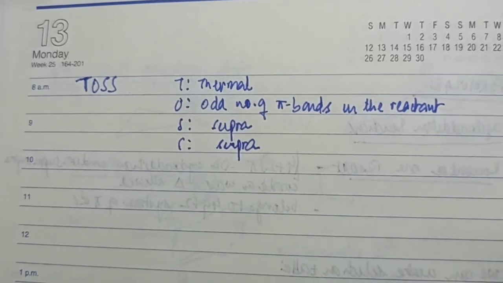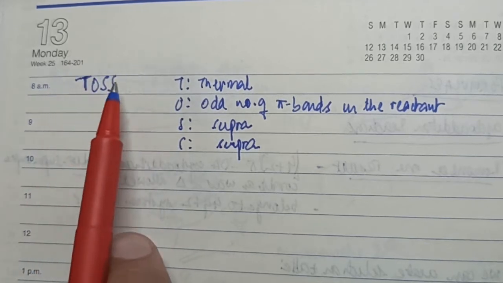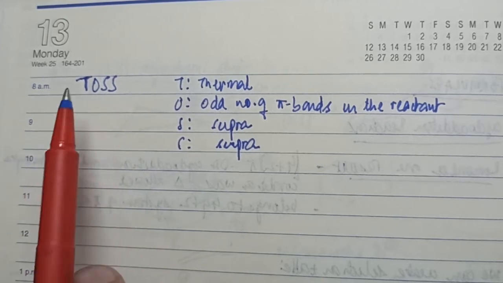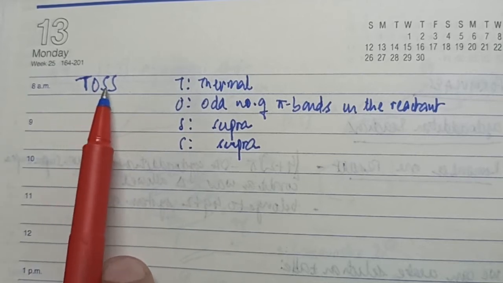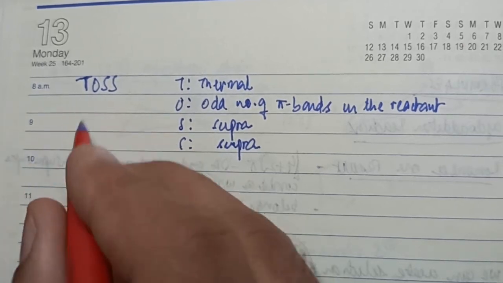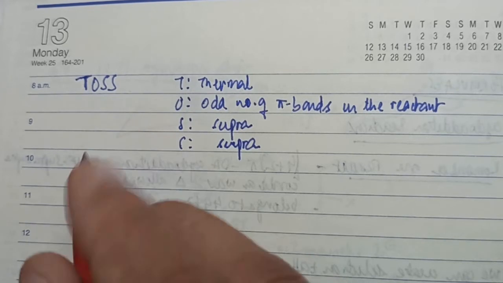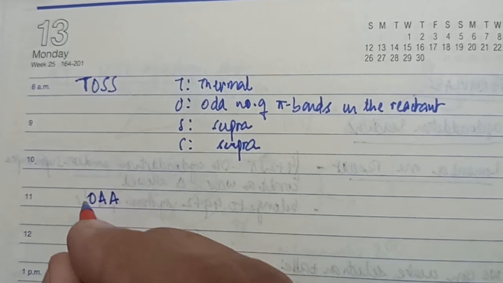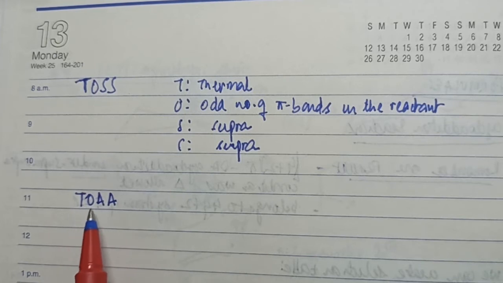Now how do I apply this formula? Before applying it, let's try to create different formulas from this one. The rule for creating different formulas from a single formula is that you can change two things out of these four things. So I have to change two variables in this formula to create a new formula. Let me start with the rightmost part. This is supra and supra. I can change this supra to antara. I have changed one thing, and the remaining things in the formula remain the same. Therefore, another formula which can be created is thermal, odd, supra, antara.